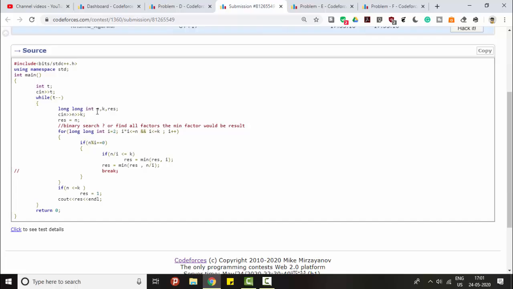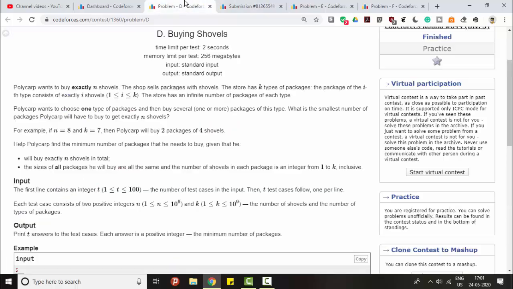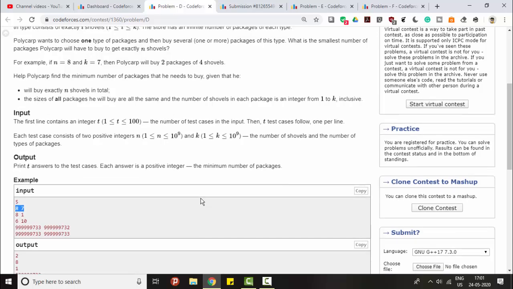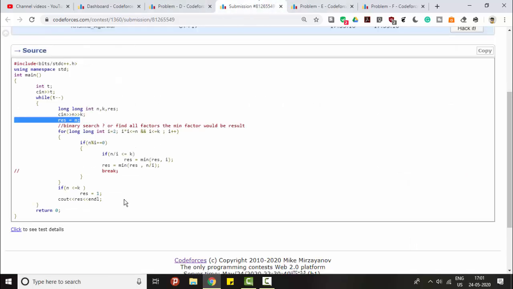I have taken the input of n and k, and I have initially made the maximum number of packages n, if I choose a shovel one at a time, and i is equal to 1, and n shovels are bought.